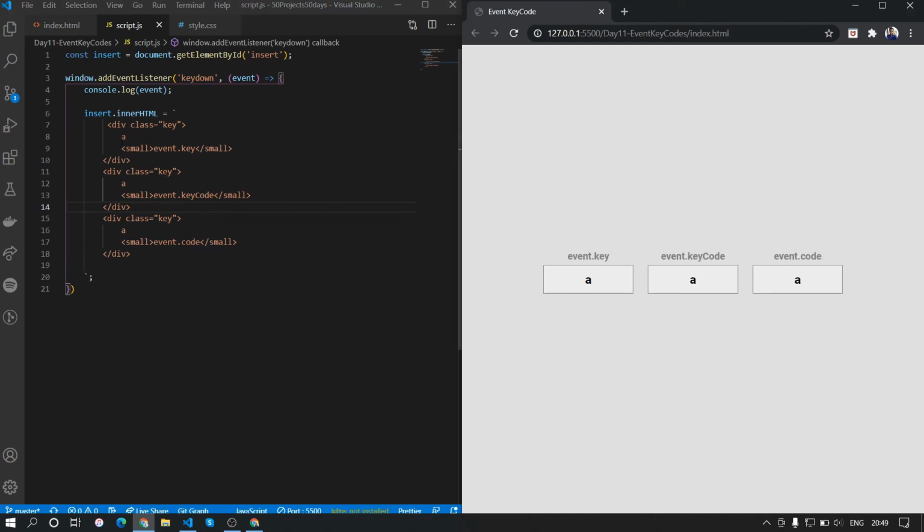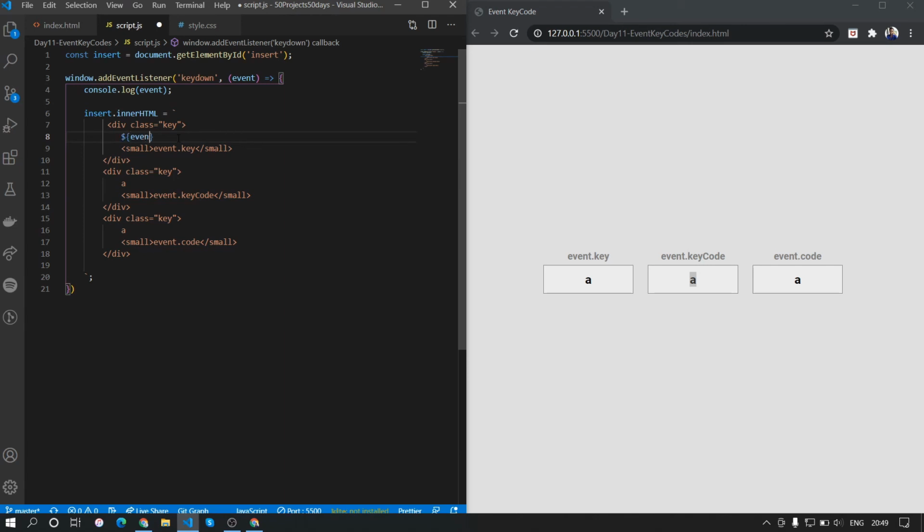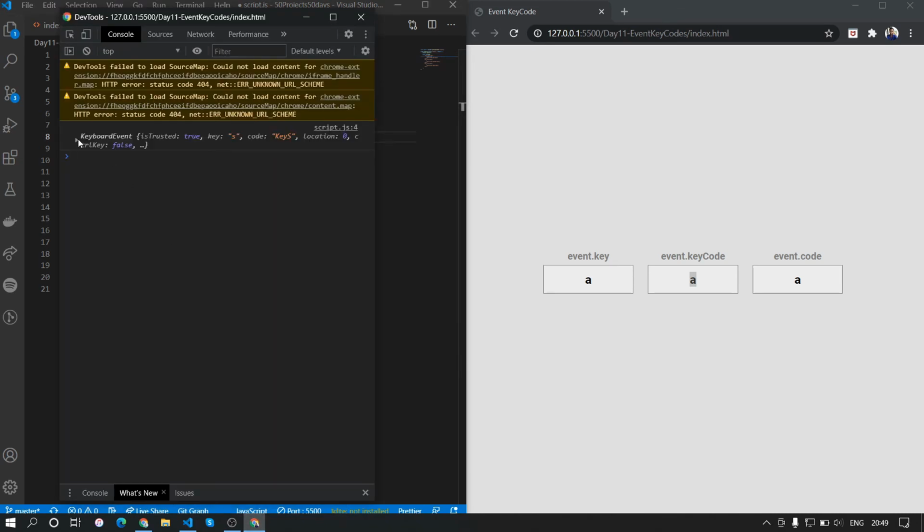Now we want to replace this inner data as well. To do that we'll remove the A from here, and we'll do a dollar sign and curly braces, and we'll take event.key. So we get the event from this event parameter, and we have a .key here.